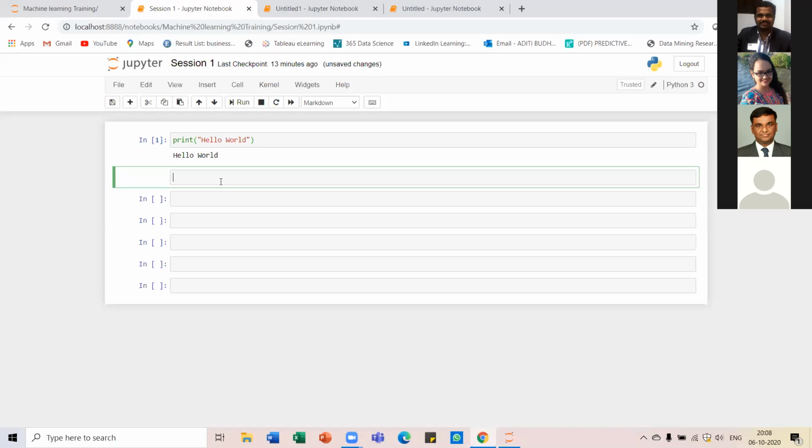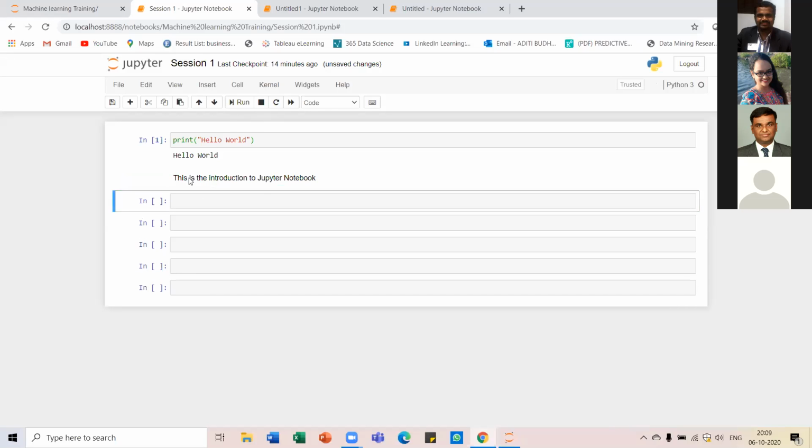So you can simply add the text over here. Let us say I'm writing, this is the introduction to Jupyter Notebook, and I'll run this. You can see this is the text or the description that I have added.